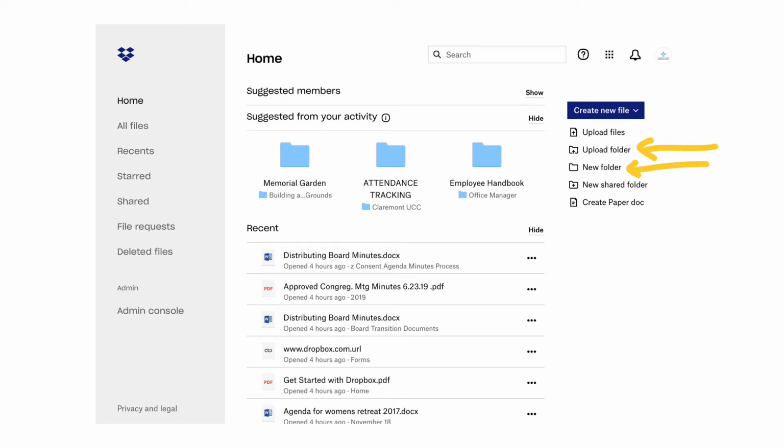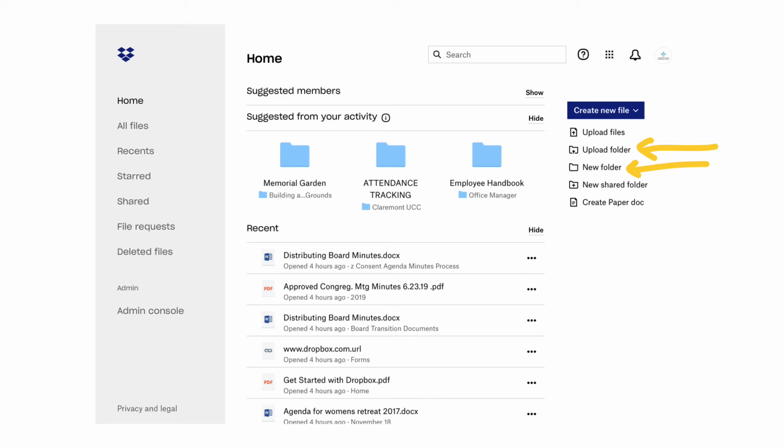A folder is used to organize individual documents or files. So a single folder can hold many documents or even additional folders within it. All of this will make much more sense after you've taken some time to acquaint yourself with Dropbox and how